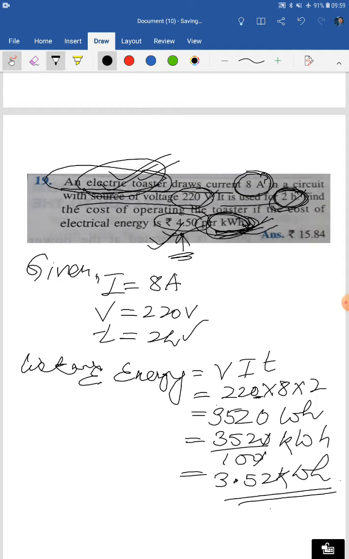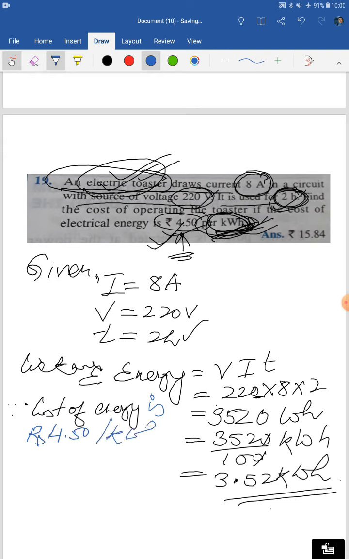Now how much money do we have to pay? Here it says for 1 kilowatt hour you have to pay rupees 4.50, which means for 3.52 how much do you have to pay? You just have to multiply, isn't it? So since the cost of energy is rupees 4.50 per kilowatt hour, therefore